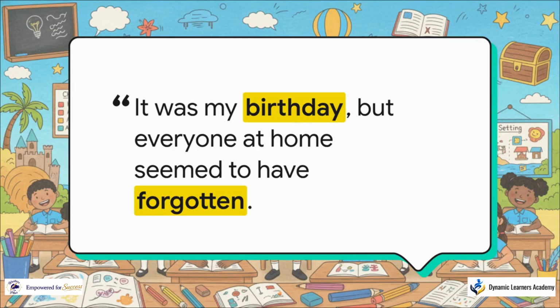From there, the writer smoothly explains the unwillingness part of the prompt by layering in incredibly relatable details. "I really did not want to come to school that morning. It was my birthday, but everyone at home seemed to have forgotten." Ouch, that stings, right? By tossing in a forgotten birthday and oversleeping, the reader instantly connects with the character's misery.